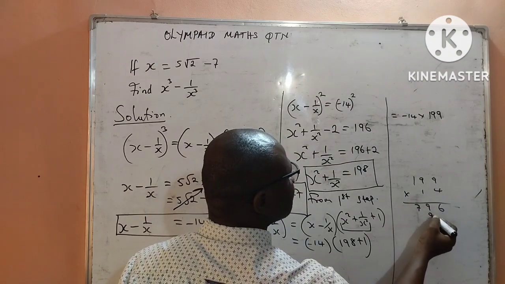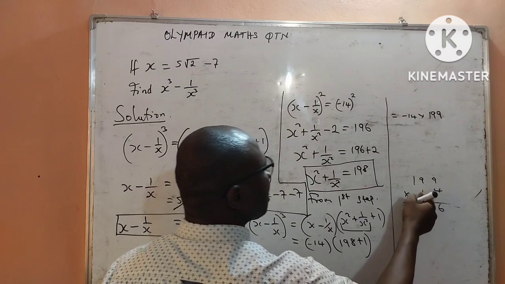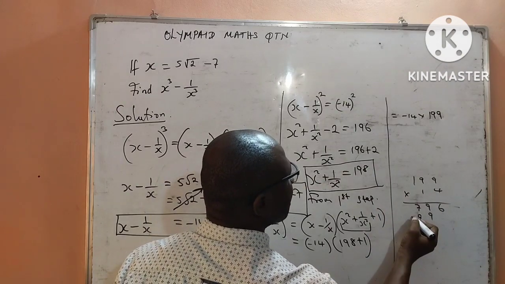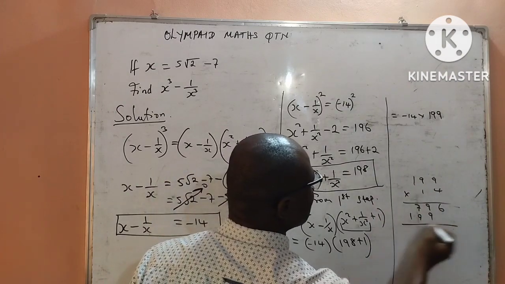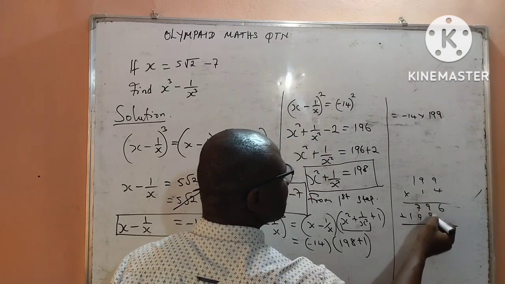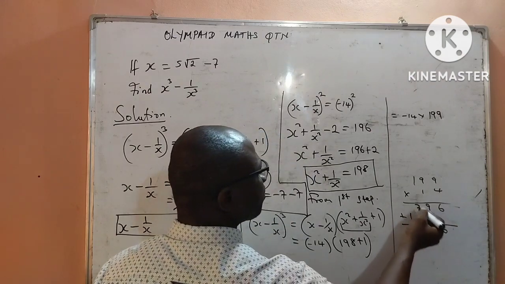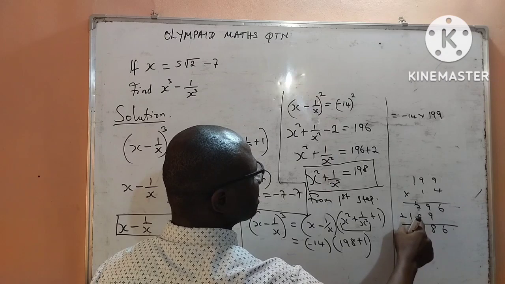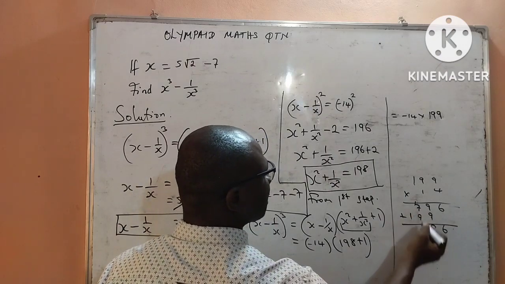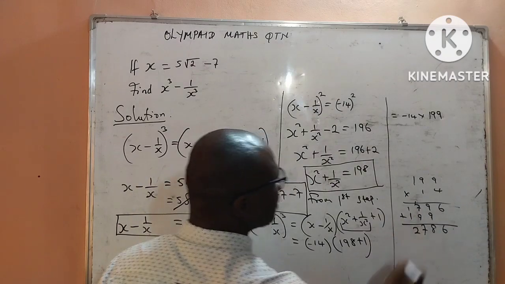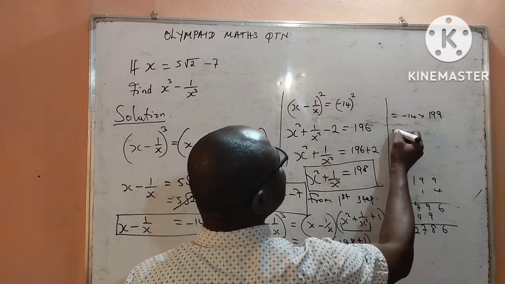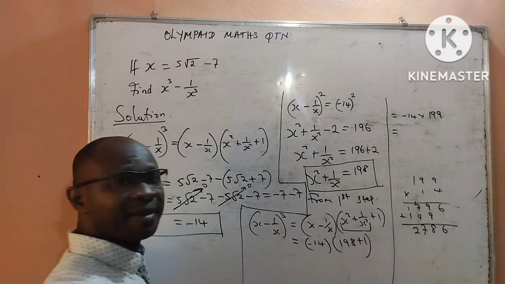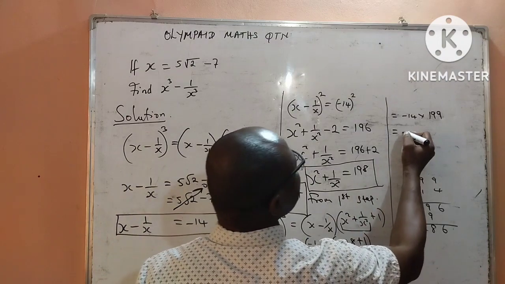Next, 1 times 9 is 9, and 1 times 1 here is 1. So we add. This is 6. This plus this will give us 8. We move 1 here. Add it to here, we get 7, then that is 17. Move 1 here, that becomes 2. So we can simply say that the multiplication of negative 14 by 199 shall give us negative